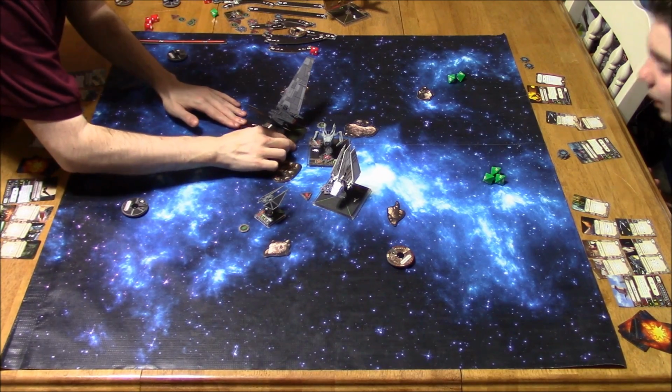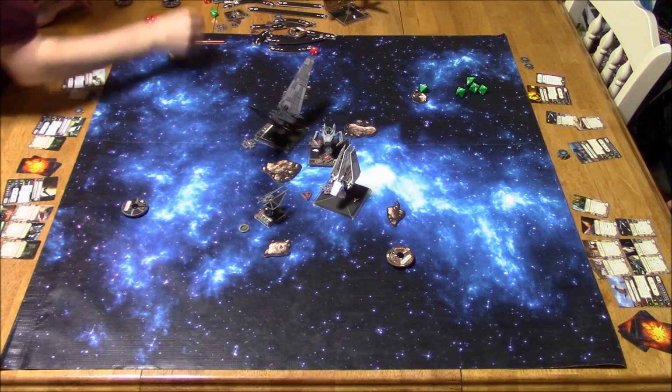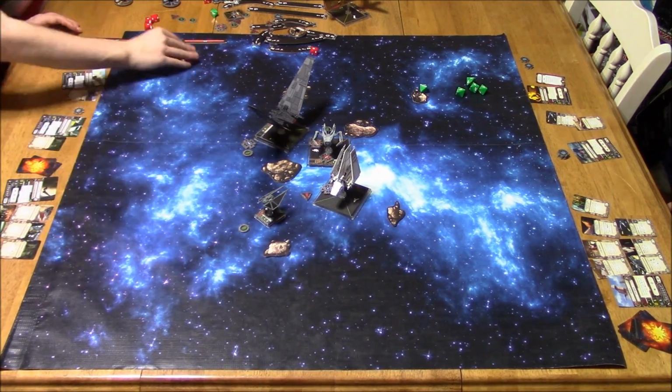And this is where things get rather nasty. No bump, but we're both at range 1. So he's going to be rolling 4 dice against me, and I'm going to be rolling 5. That's assuming I survive. He's got the higher pilot skill. Well, he's got initiative. So if he does destroy me here...